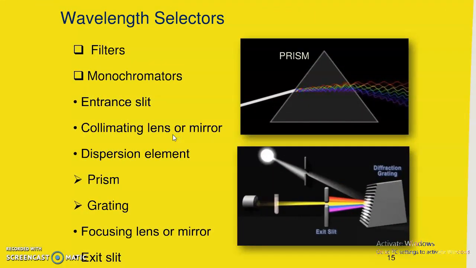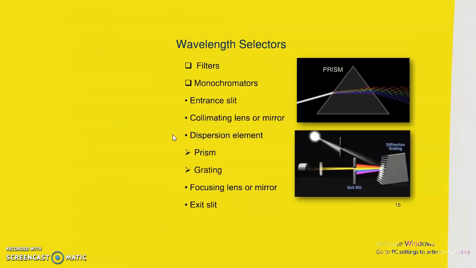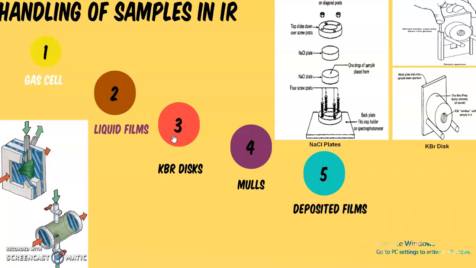Next comes the wavelength selector. The wavelength selector primitively used was a filter. Then came the monochromators, which had an optic assembly. The optic assembly was an entrance, a collimating lens, and a dispersing element. The dispersing element may be a prism or it may be a grating. So you can see here two things are shown. Prism is giving me less broad regions to select, whereas grating is giving me a wide range of selection from which I can select one particular IR radiation, and hence it is far better than the prism. And then the exit.